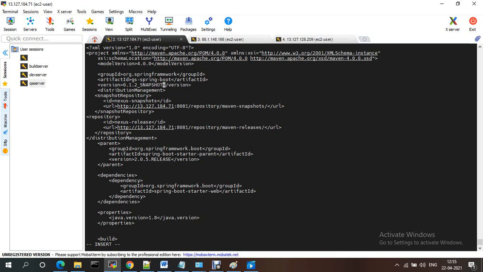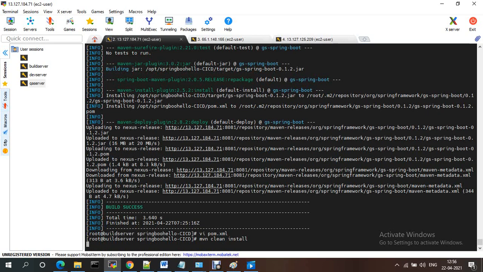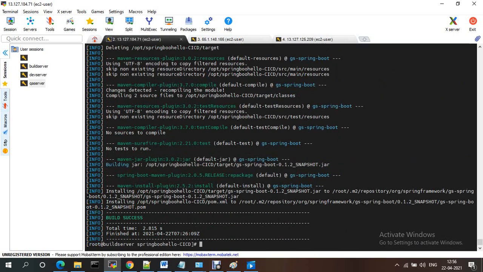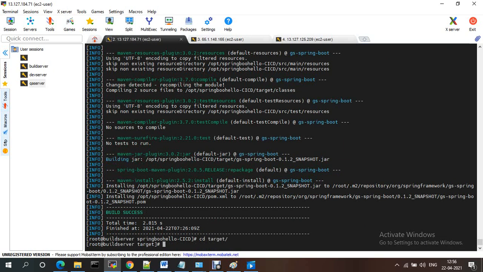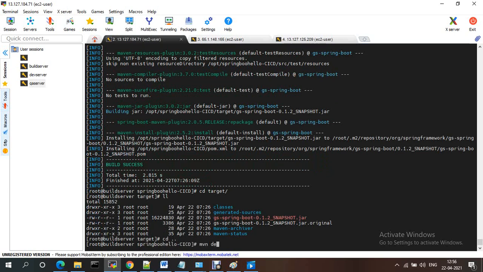Just try to build again, mvn clean install. Now mvn deploy. See, now the target file should be generated with the snapshot one. Just need to do mvn deploy.